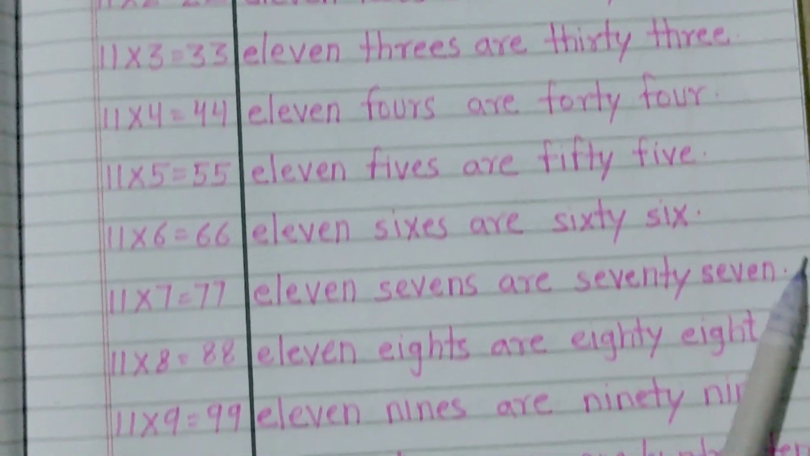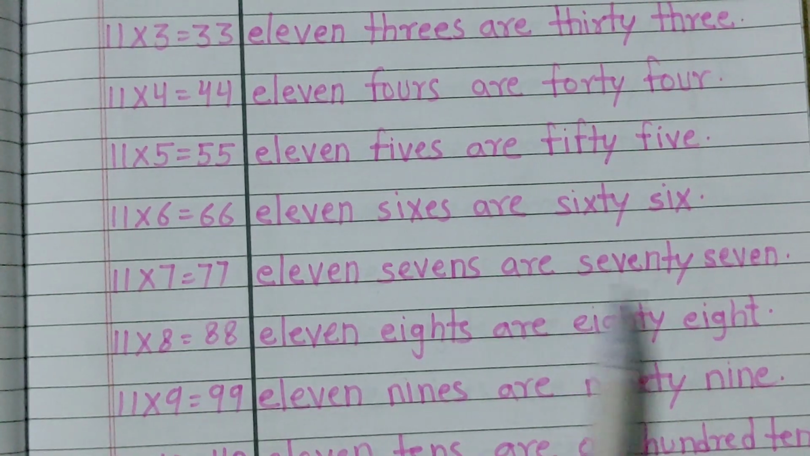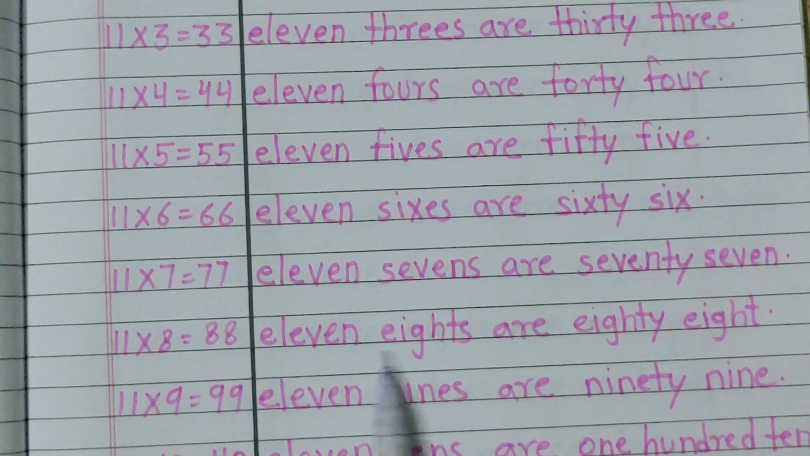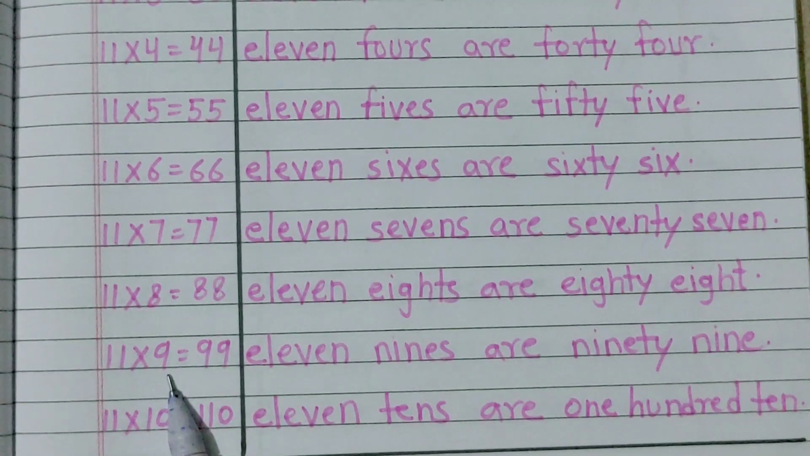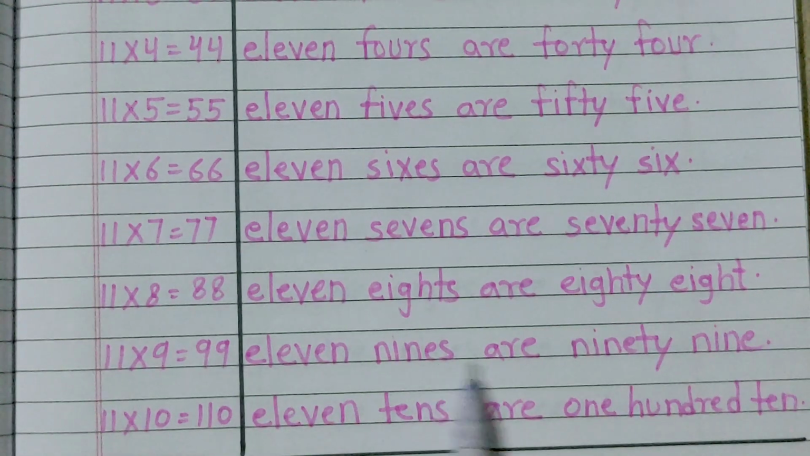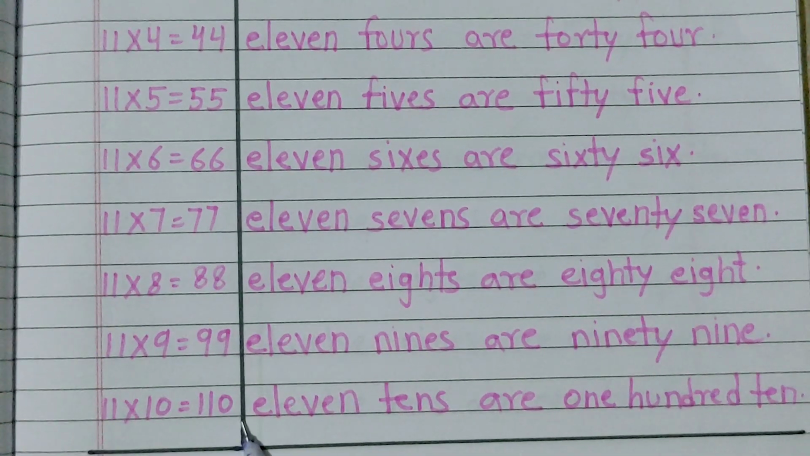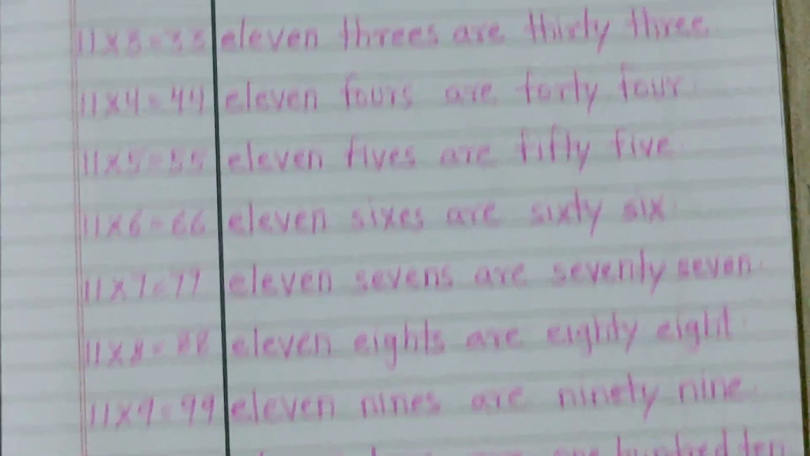11 7s are 77, 11 8s are 88, 11 9s are 99, 11 10s are 110. ये हो गया हमारा 11 का टेबल।